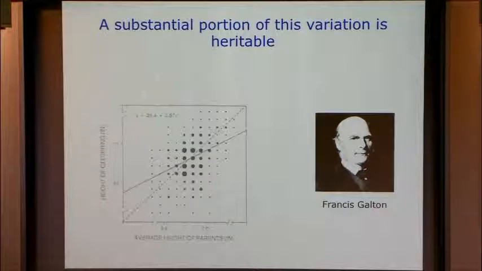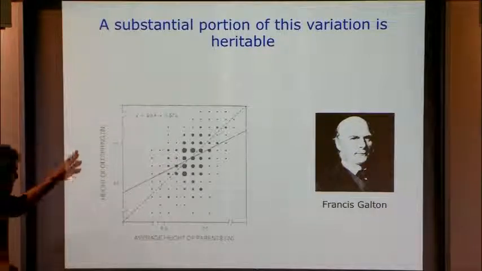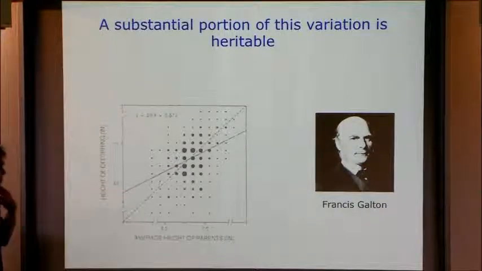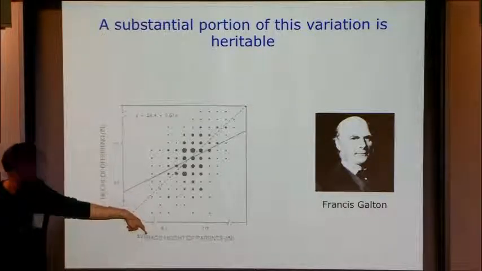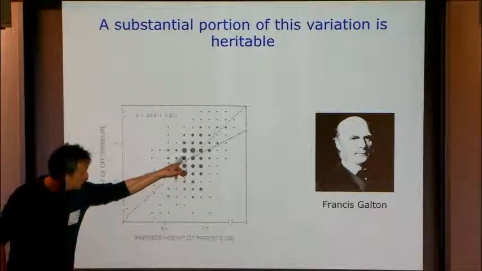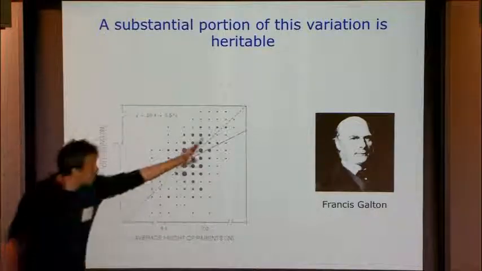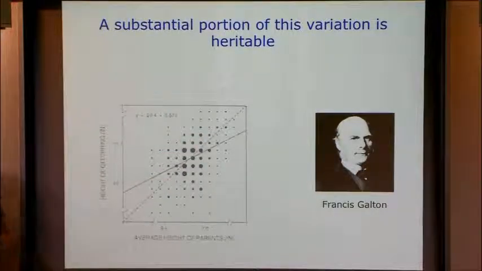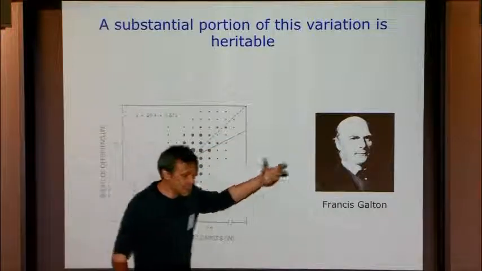Another observation he made is about the relationship between parents and offspring, or more generally relatives. This is a famous plot from Galton where you see the height of the offspring as a function of the average height of the parents, normalized for males and females, where the size of the points denotes the sample size. This line is just y equals x, which is what we would expect to see if the correlation was 1 between the two, and this is the regression line, which is lower than 1,